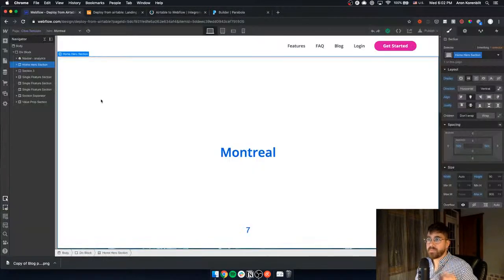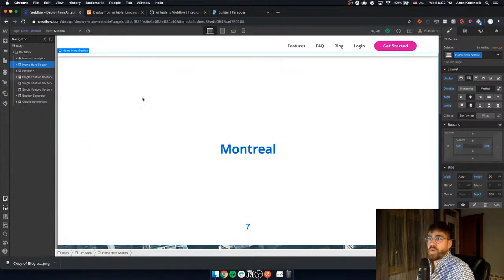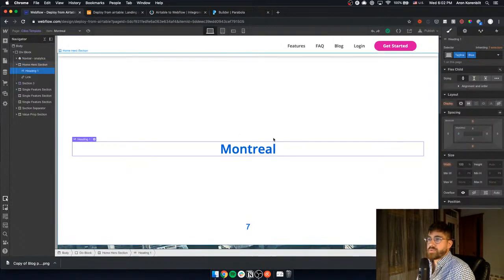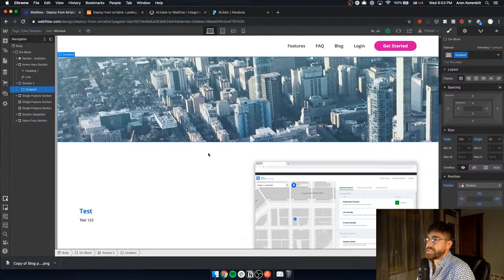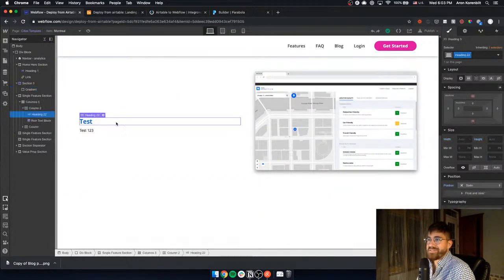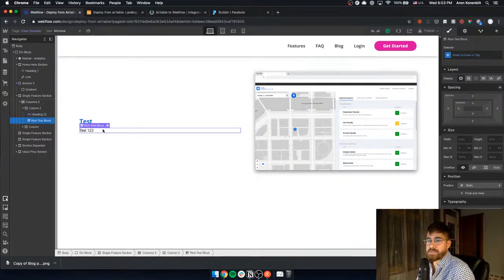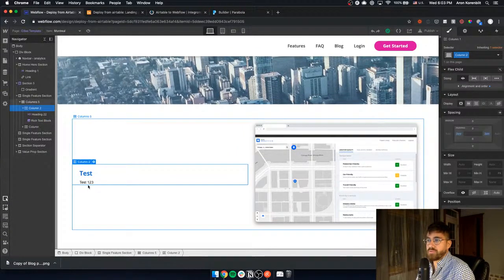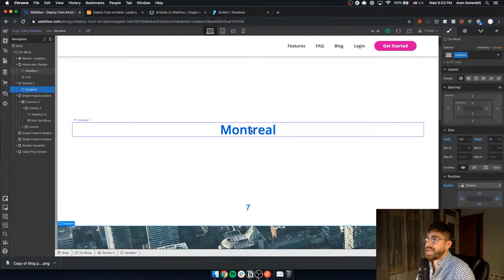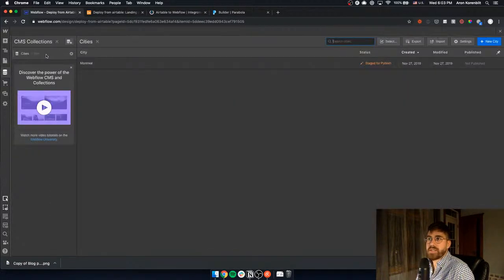First, I have my Webflow website, which is essentially just one CMS and one template page. If we look at this page, this comes from the CMS, so it's a city name. Then I have the image that comes from the CMS. I was testing before this, so we have a little value prop, which you can imagine is why you would want to use this tool, and then a little explanation of why that value prop is important. That's it, really. So we have three variables here: the header, a little bit of rich text, and this background image and header text. If we actually look at the CMS,